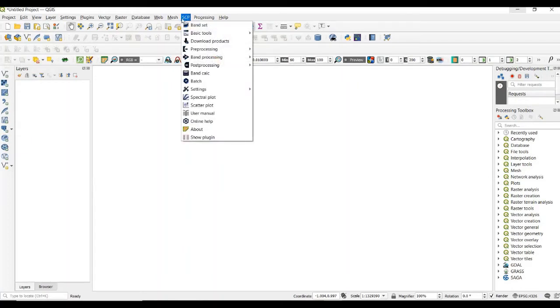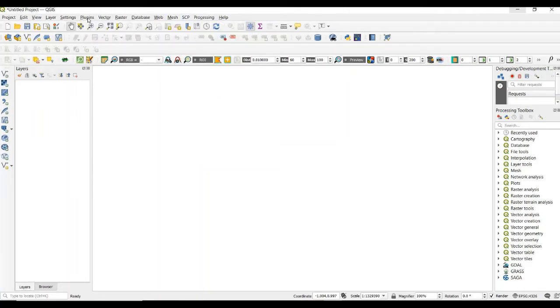If you have already installed the Semi-Automatic Classification plugin, that's okay, but if you have not installed this plugin, you need to install it first. So go to plugins manager and install plugins.